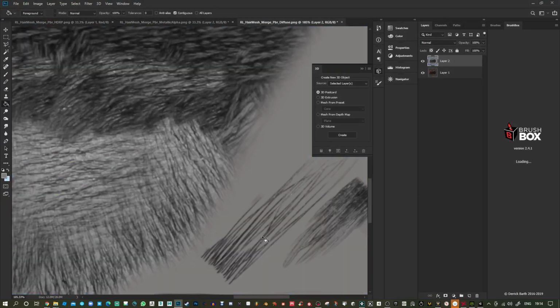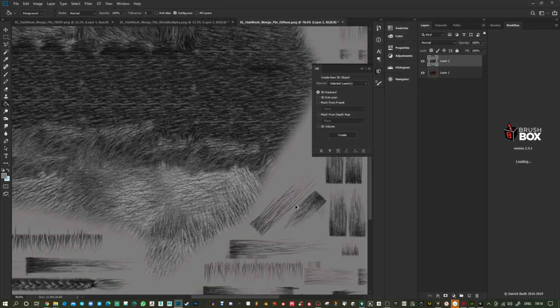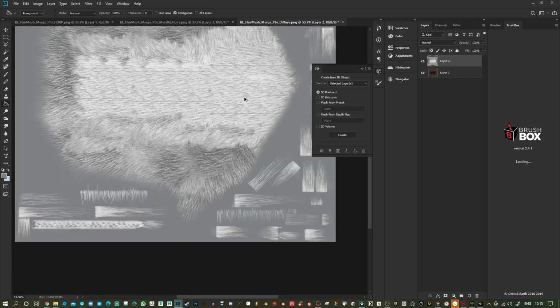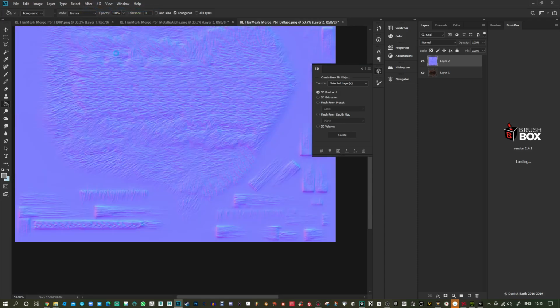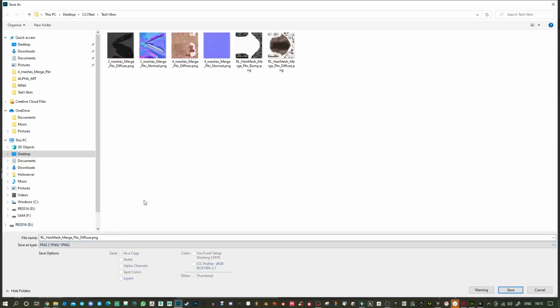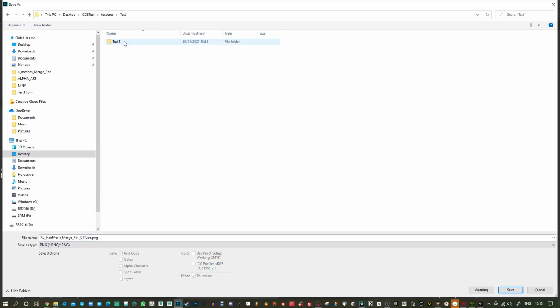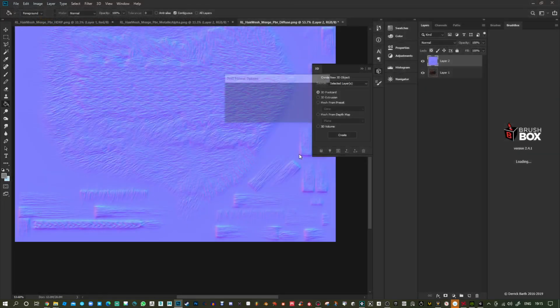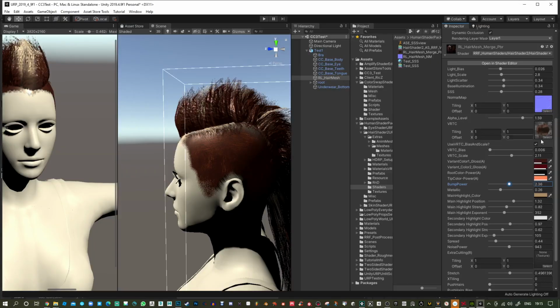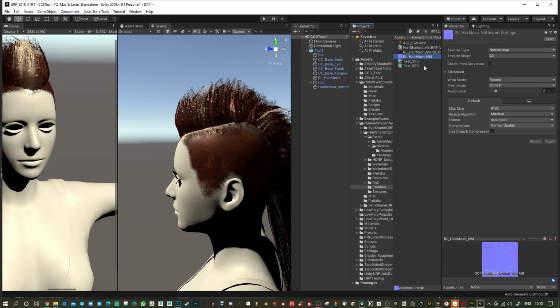I mean, these look all dipping down, so I'm going to change that. Let's invert this. Yeah, that's more like it. And then do generate normal map. Okay, cool. Save that over the one that I generated. So textures, test, here, and then just overwrite that one. I guess it's supposed to be the same thing, just some weird backwards way of dealing with it. And now I'm just going to delete that one